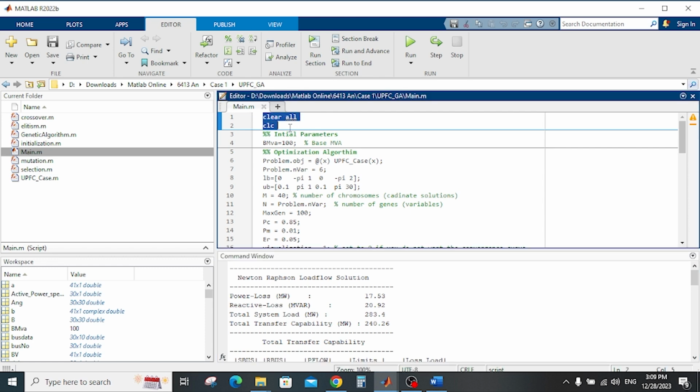The first thing is to clear and clc the command window and clear all the workspace variables, and after that we have some initial parameters like the base MVA, the optimization algorithm, which is the problem object, the number of variables that we want to optimize, and the lower bound and upper bound. This is the lower bound, as you see here, we have two